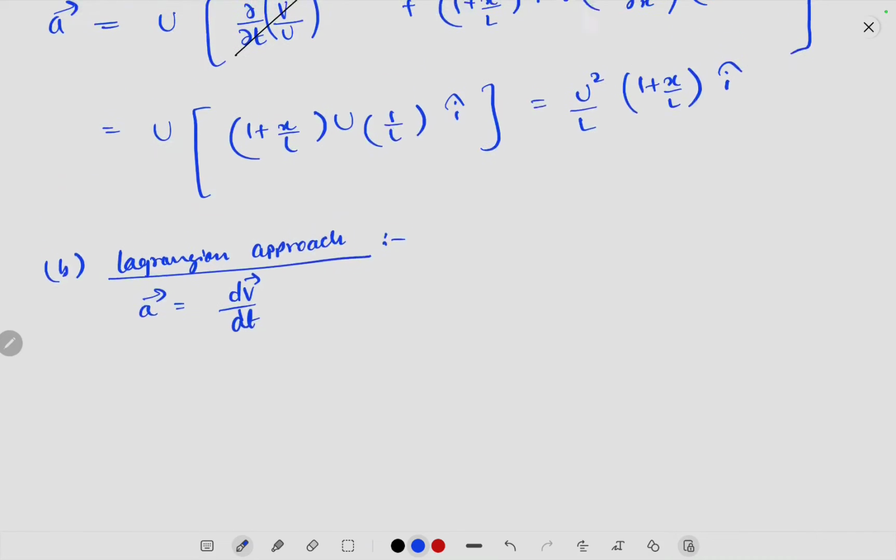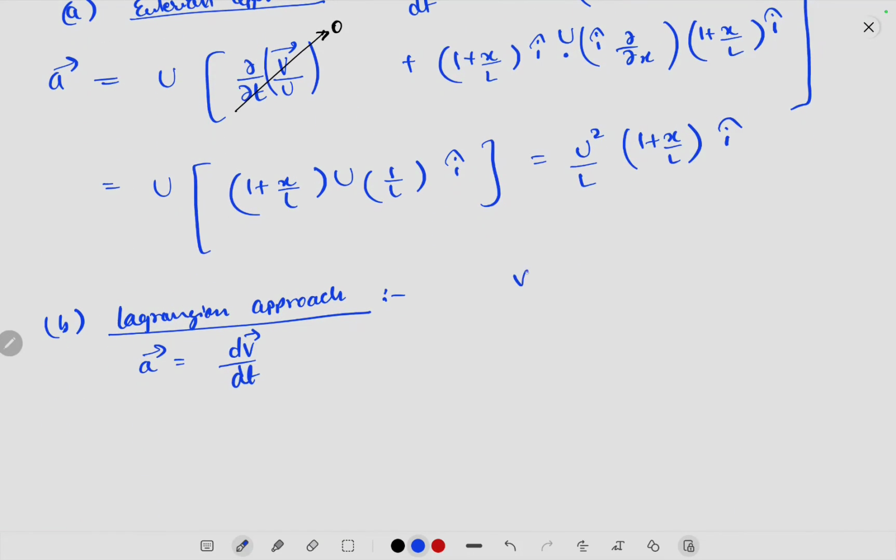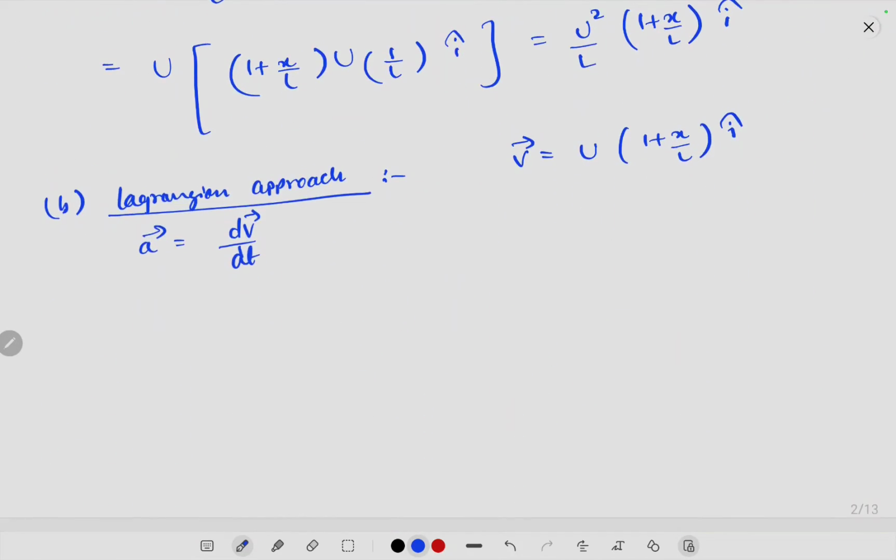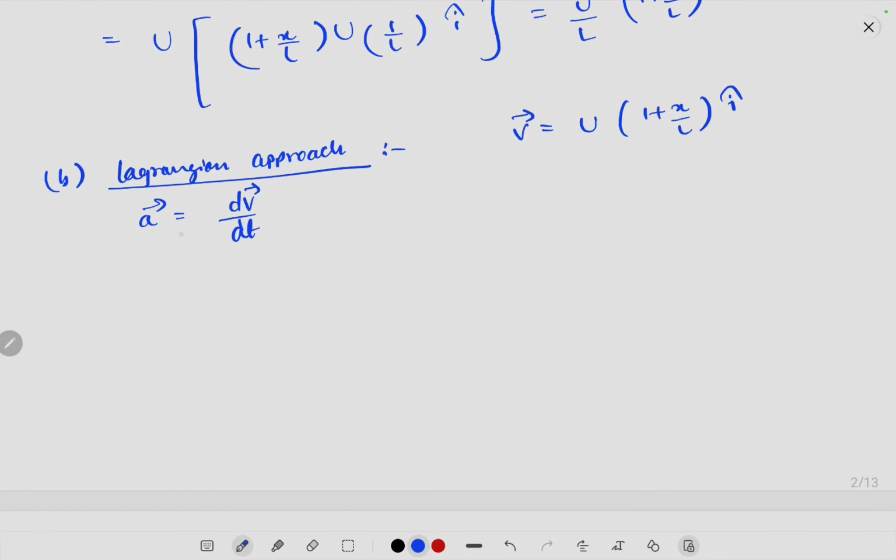Okay, all right, and given that v vector is equal to u times 1 plus x by l times i hat, let me just check it. Yes, so v vector is u times 1 plus x by l i hat, this is given to you, and we want to find the acceleration using just this knowledge of velocity vector. Okay,